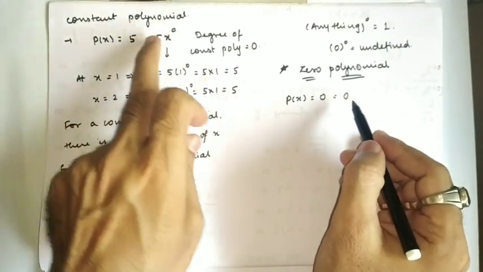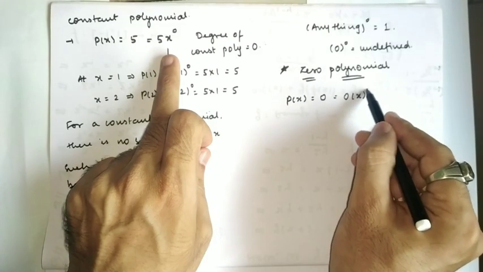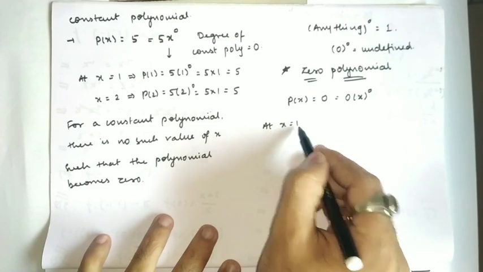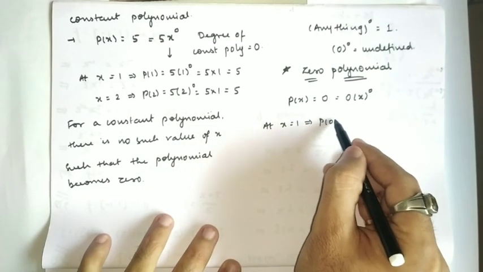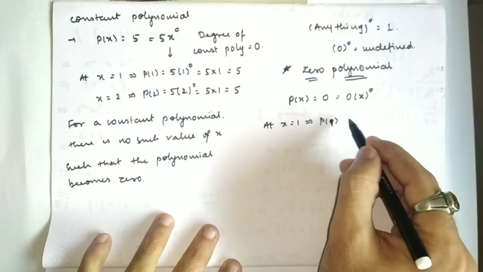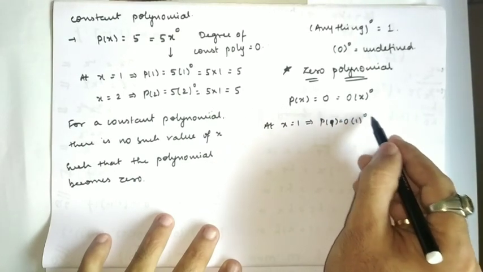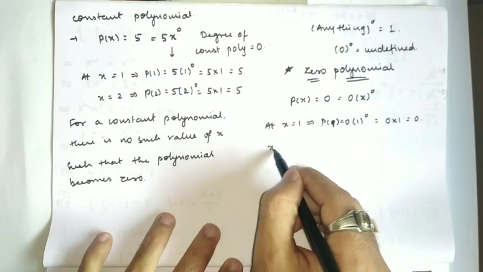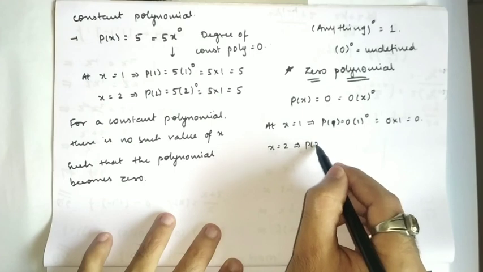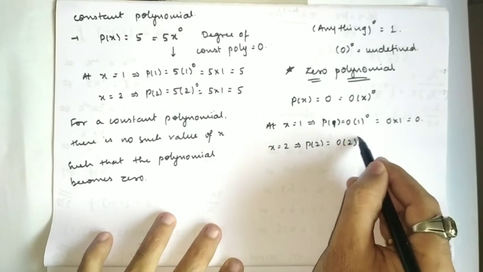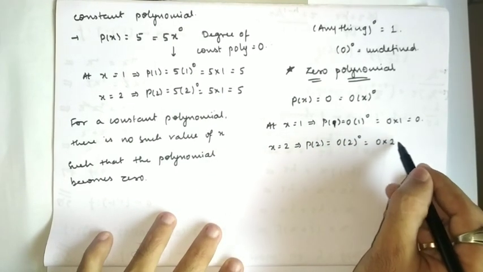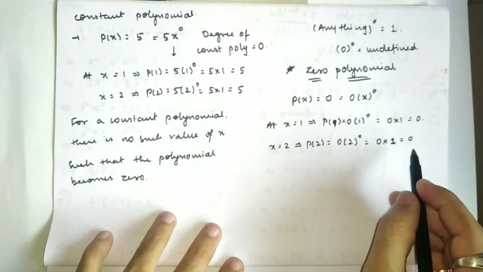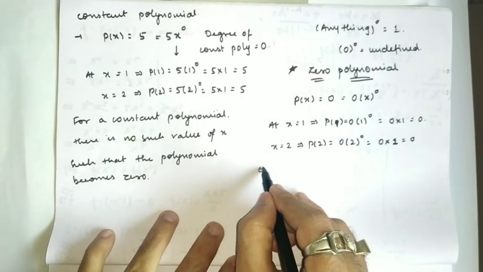Now I can write this as 0 into x raised to 0. Whatever the value of x, let me put x equals 1. So what is p of 1? 0 into 1 raised to 0. Anything raised to 0 is 1, and 0 into 1 is 0. Then let's say x equals 2. So p of 2 equals 0 into 2 raised to 0. Again 0 into 1 is 0. So whatever the value of x I put, I am always getting 0,